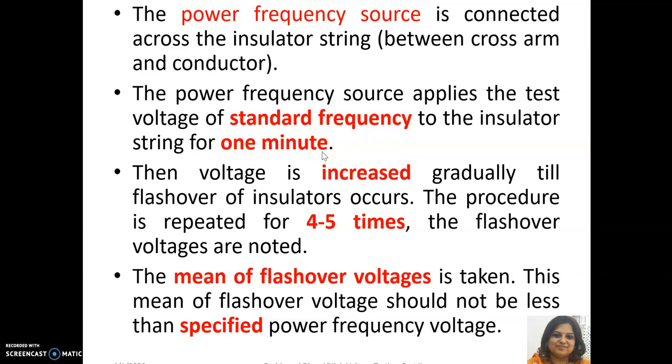Generally it is applied for 60 seconds, and then the voltage is increased because it is a withstand test. So it will be repeated 4-5 times, and then the mean of the flashover times and flashover voltages will be taken. It will be specified in the Indian Standard specifications what your flashover voltage should be, depending upon the ratings